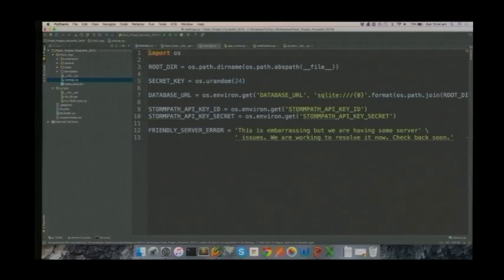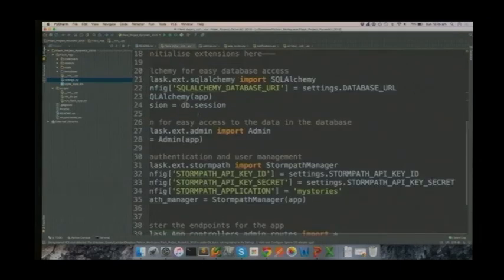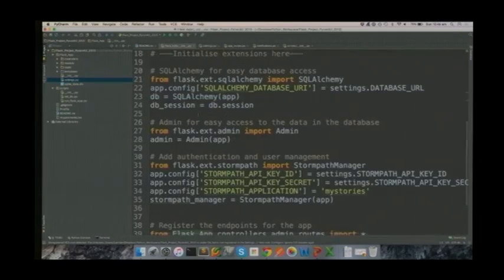So I tend to just create a basic SQLite database that I use locally. So you get most of the features you need. It's really, really easy to test, but you don't have to worry about anything beyond that. I'll come back to these in a minute, but they're related to authentication. So we set up the extension, we initialize the DB object, and for historical reasons, I tend to put it into a DB session. So that's your session object that you can now use for all of your database access